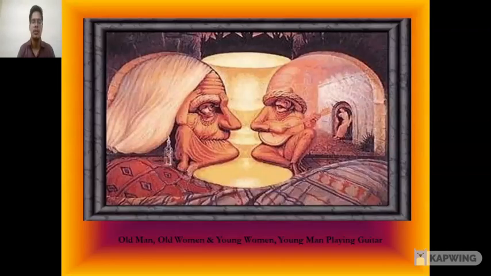Here is an example of perception. We can see an old and young woman. We can also see an old and young man. The young man is holding a guitar in his hand, and the young woman is sitting there along with the young man. Also, we can see the old man and old woman facing each